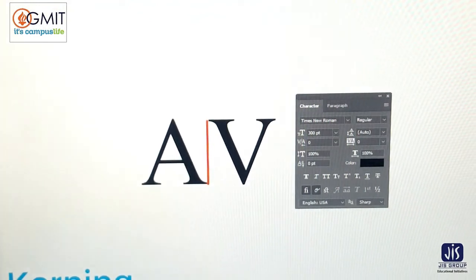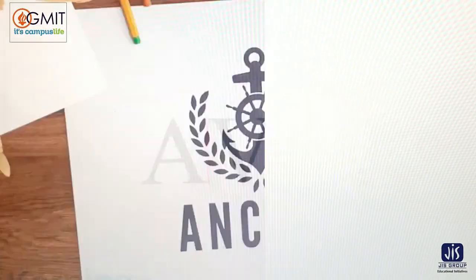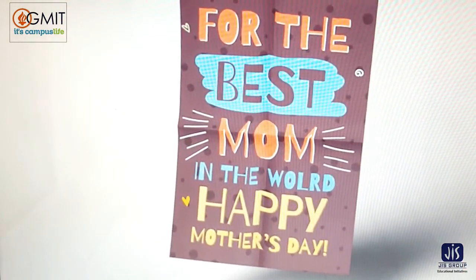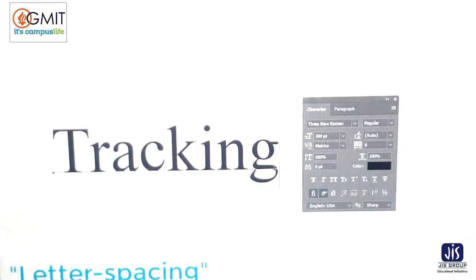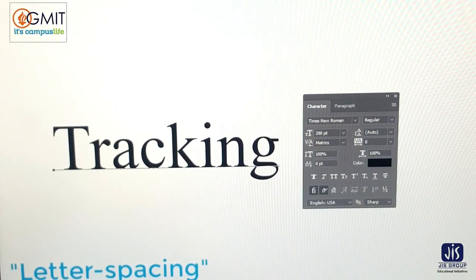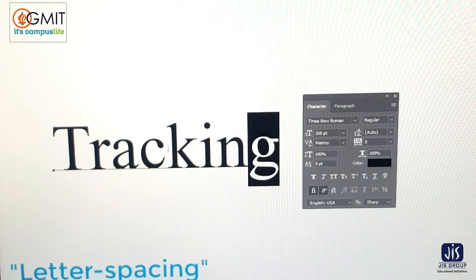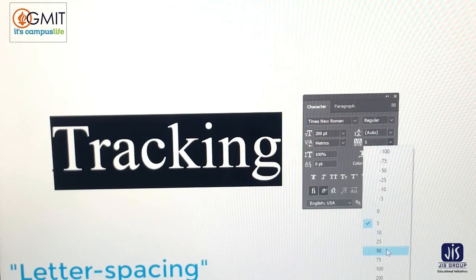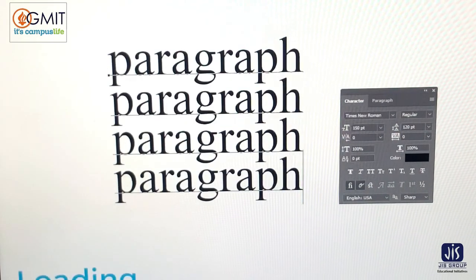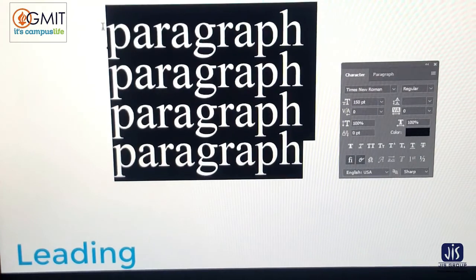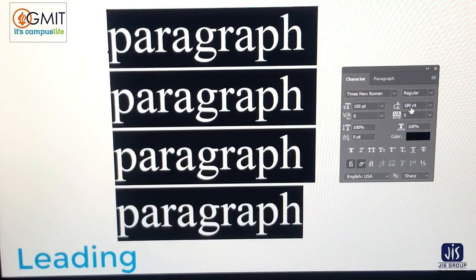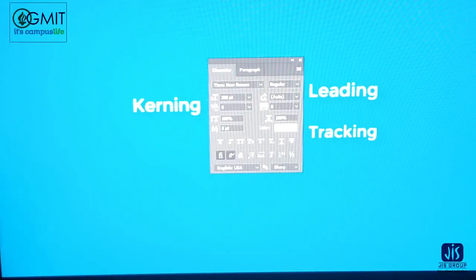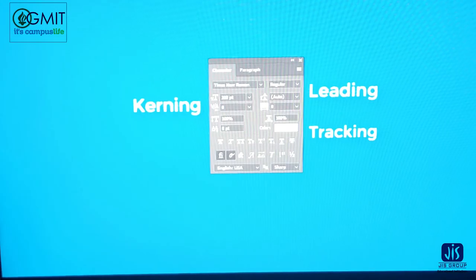But kerning isn't necessary for all text, just the really important ones. Official logos, headline titles, and any major typographic composition, for example, might fall under this category. Now for tracking. Also known as letter spacing, it's similar to kerning except for one major difference. Tracking refers to the overall spacing of letters, not just two, allowing you to adjust the spaces in any text uniformly. Last but not least, to add more space between the lines of a paragraph, you'll need to adjust the leading. Increase the number for a quick double spacing effect or for more readability. And that was it for kerning, tracking, and leading. Stay tuned for more great lessons from all of us at Envato Tuts Plus.